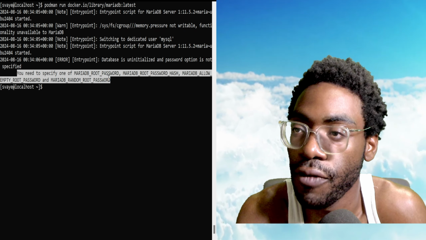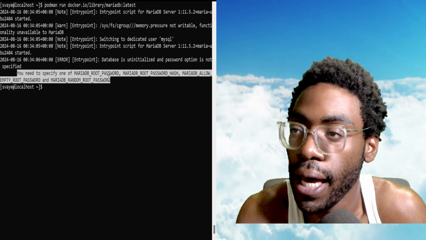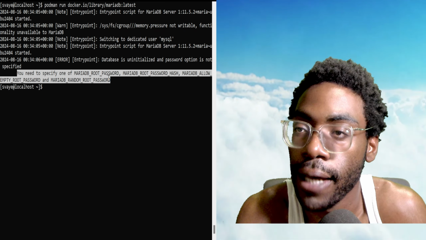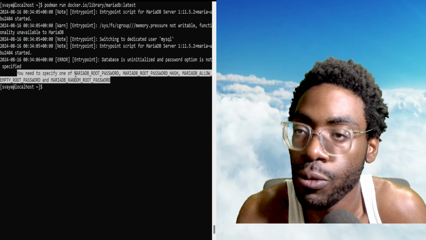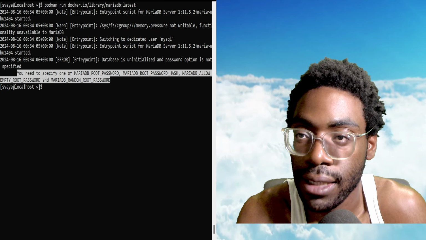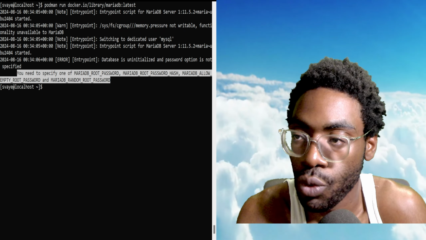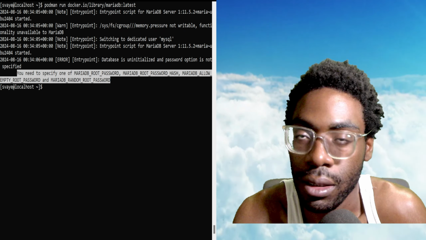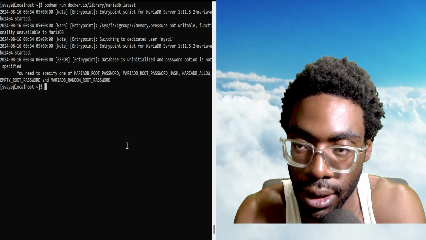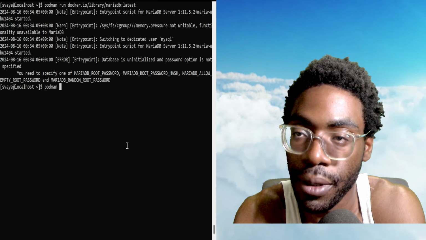It says you need to specify one of MARIADB_ROOT_PASSWORD, MARIADB_ROOT_PASSWORD_HASH, MARIADB_ALLOW_EMPTY_ROOT_PASSWORD, and MARIADB_RANDOM_ROOT_PASSWORD. So basically, to get this to run, we need to pass it a username and password in our environment variables. Let's go ahead and do that. To pass through environment variables, you need to use the -e flag. So we're going to do podman run